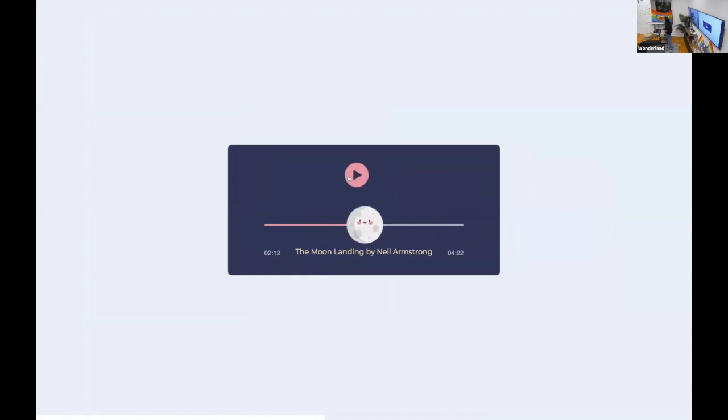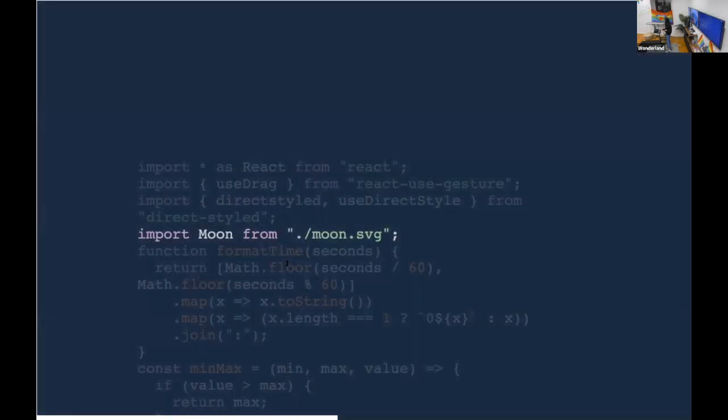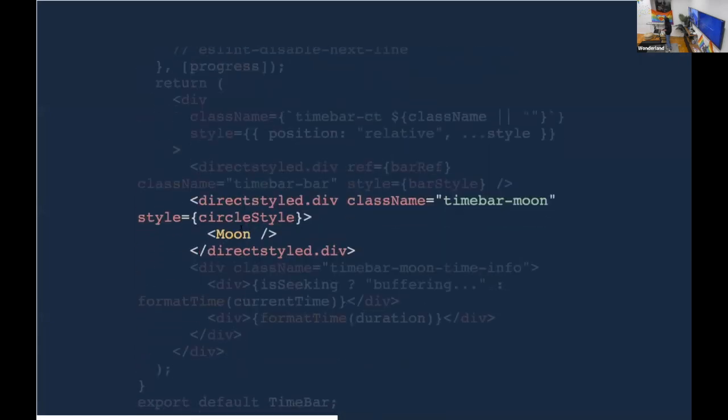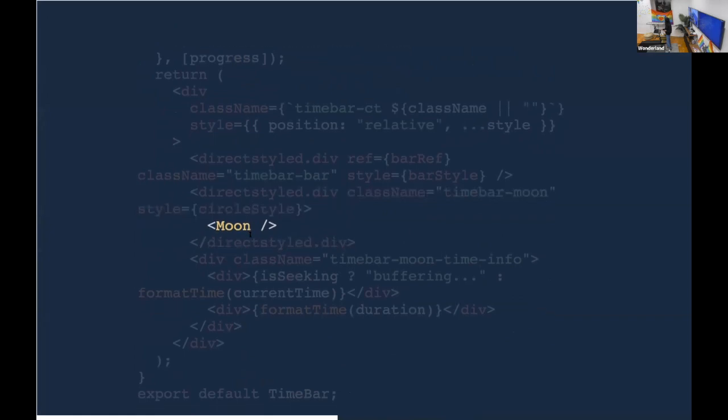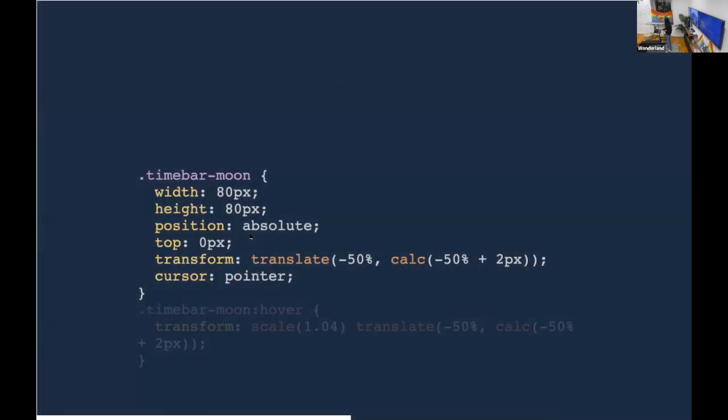So basically it's the same. And imagine that you can have your website with your podcasts, and if your website talks about birds, because he has a bird t-shirt, you can have a bird, or it can be much funnier. And the way of doing this, I just grabbed another icon, and I got this icon for free at the Flat Icon website, and I just replaced it here. So instead of having that circle, now I have this moon, and it's the only thing. And just a little bit of CSS,